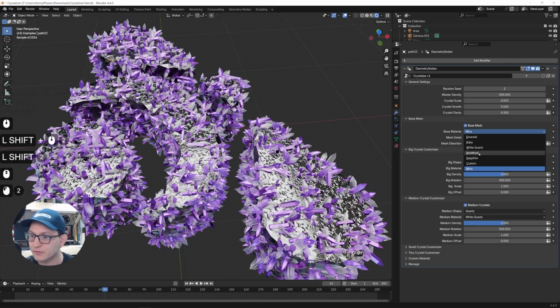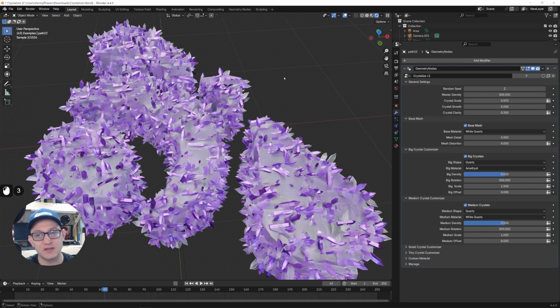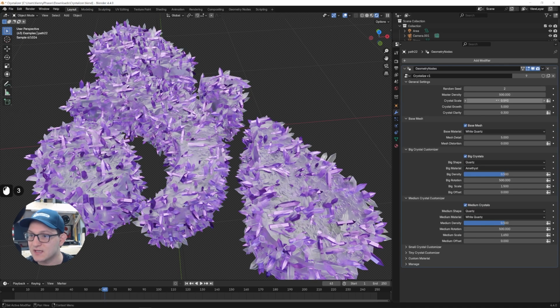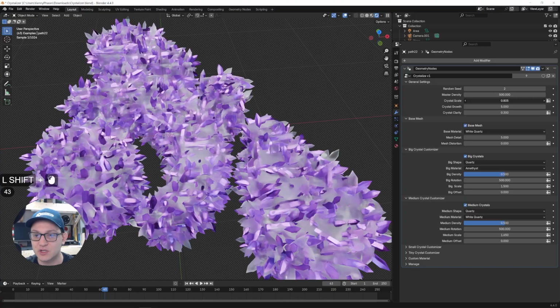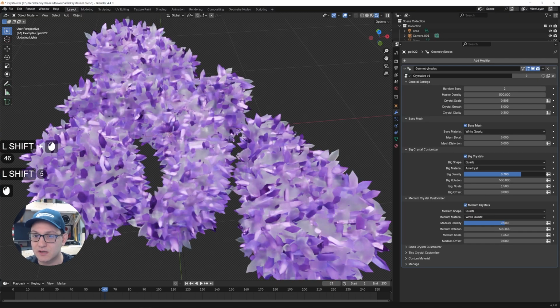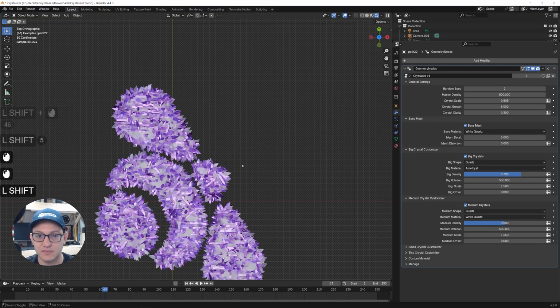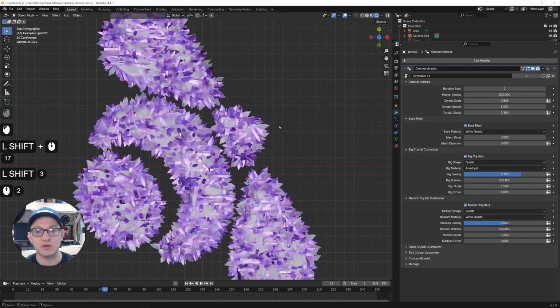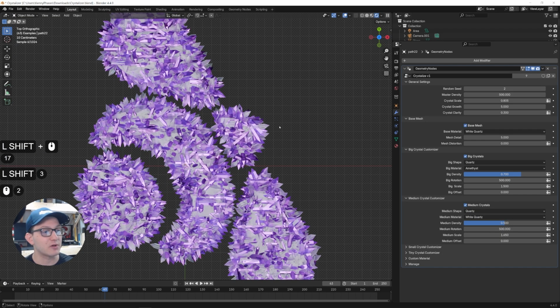So I think I will try white quartz. This looks really nice. And again, you can adjust the scale, the rotation, everything, the density. This is looking awesome. So if you're looking to spice up your logo or create another variation of your logo, that is how you can do that. And again, you can mess with all of the different materials that are available to you and the crystal shapes,